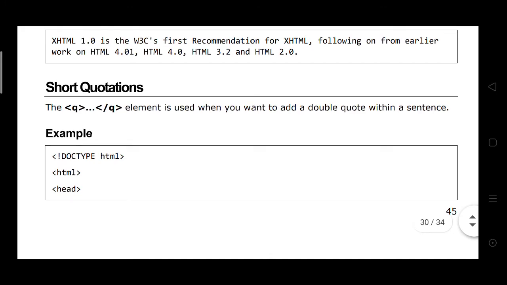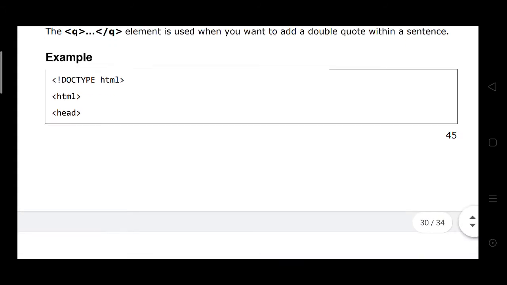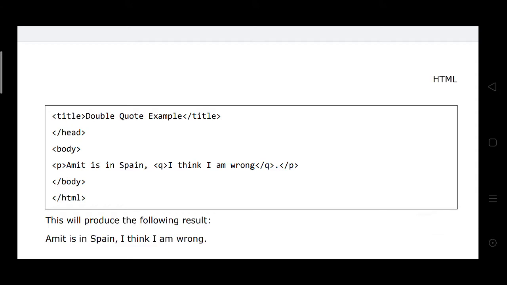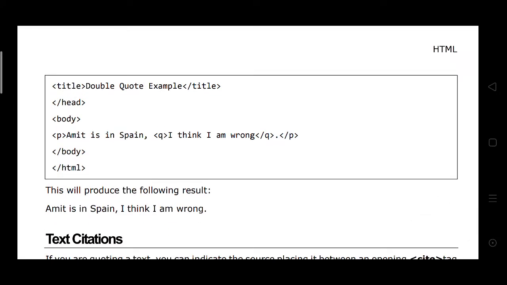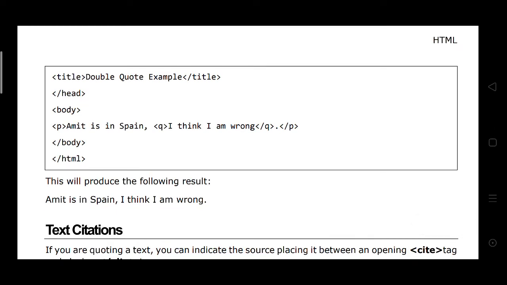Example: doctype HTML, HTML, head, title closed, head closed, the program body starts, a paragraph starts, and the Q element is used for a quotation.